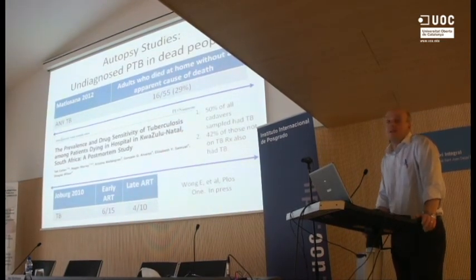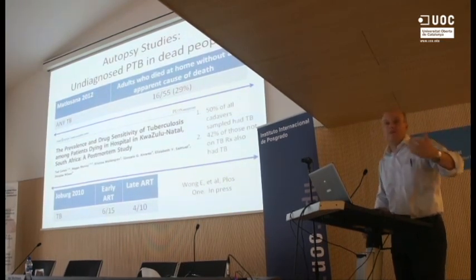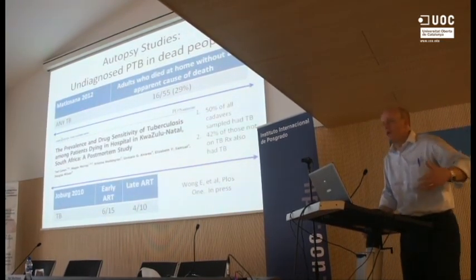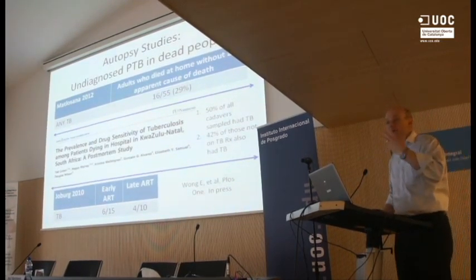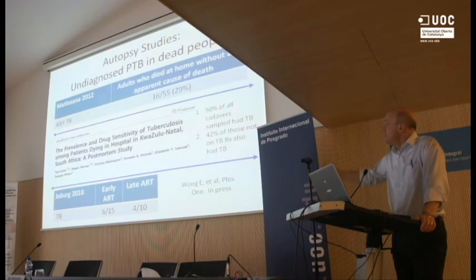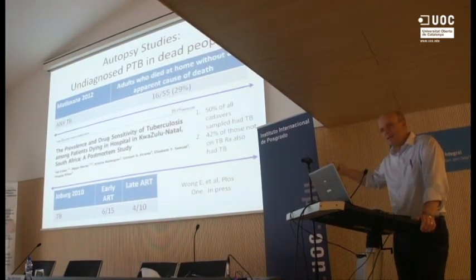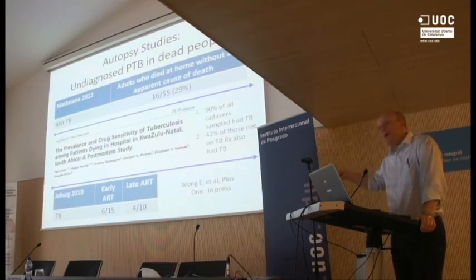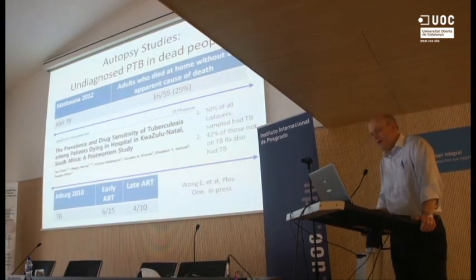Which I think is of major concern, because as these people are getting ill, they're being looked after by relatives. I presume someone is turning them, someone's feeding them, someone's bathing them, doing that sort of stuff, getting very close. And if they have infectious TB, then clearly this is a major problem. And these are people that are not counted by the vital statistics record, and they're not being counted by the TB control program. So for me, this is of concern.